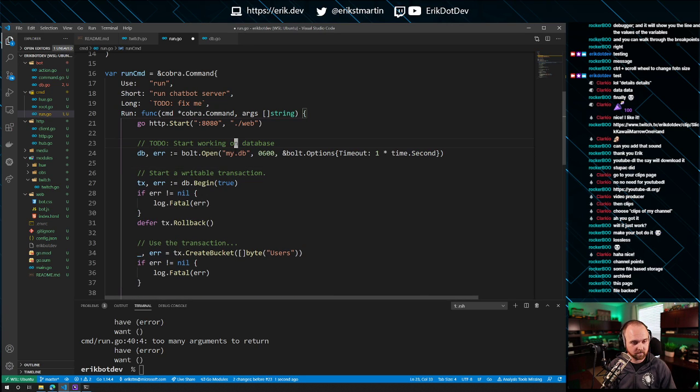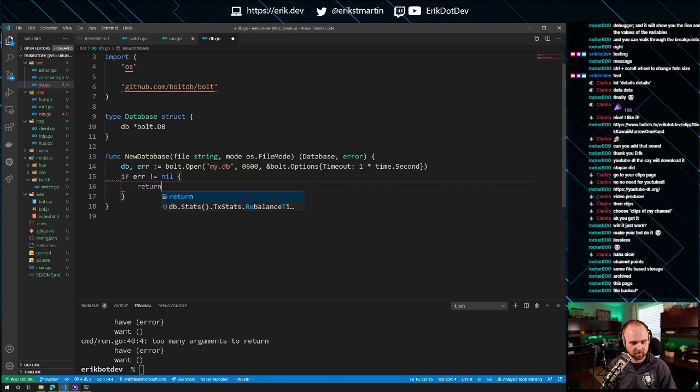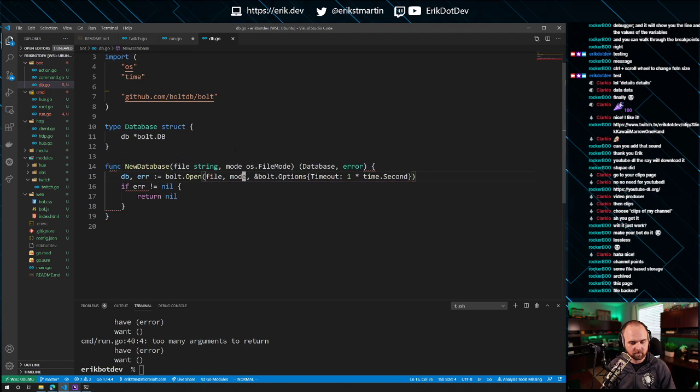Let's pull this. Oops. And we're going to put that return right back. Return nil. And we'll leave the timeout here. All right. What are we yelling about? DB declared but not used. Yes, we know. Okay. Wrong number of return values. We want to actually return back. Okay. So now we have our logic to open the database,